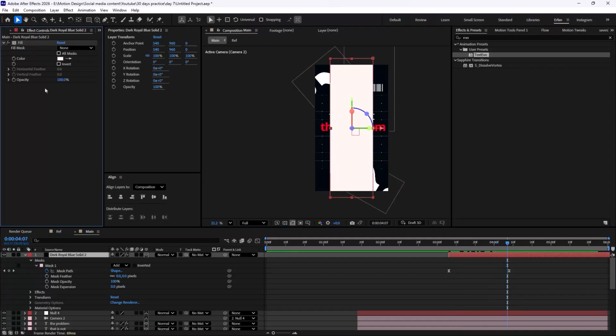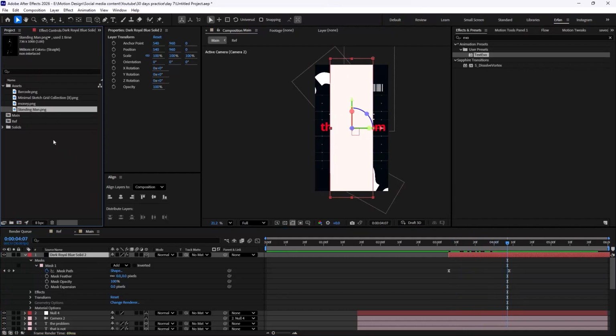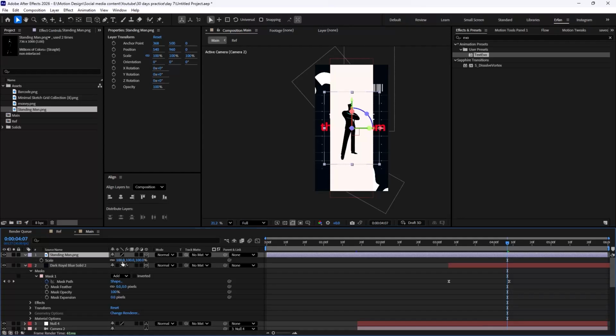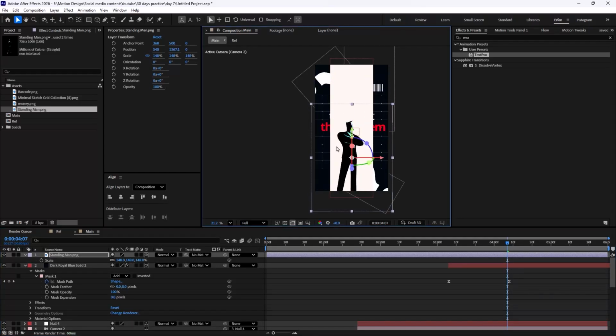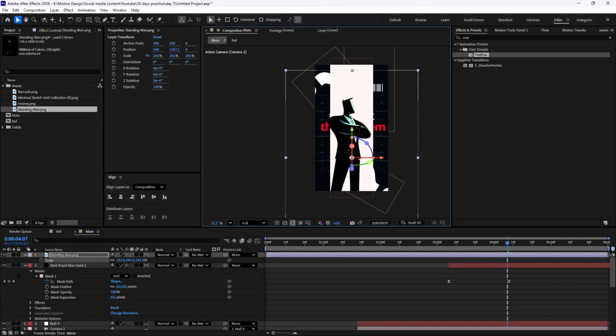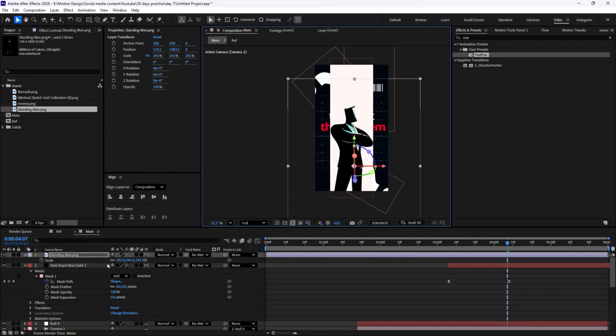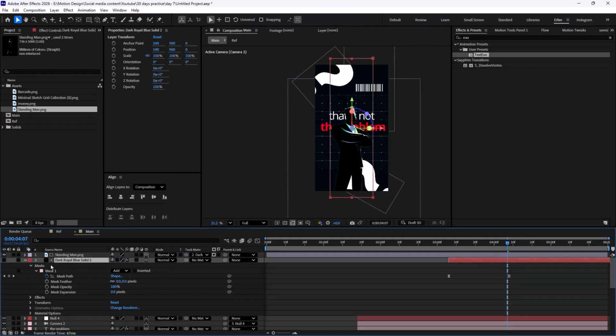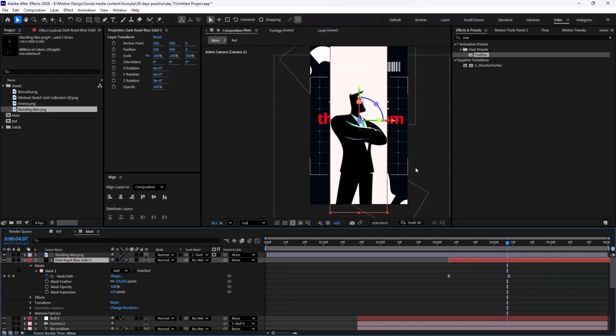That is great. We're gonna go towards the standing man assets. I'm gonna bring it, I'm gonna make it 3D, and then I'm gonna just scale it a bit like this. I'm gonna push it down. Still, I'm gonna scale it. That should be good. And then we're gonna use the track matte. And I'm gonna track matte it to the background in here. So also we need to reveal the background.